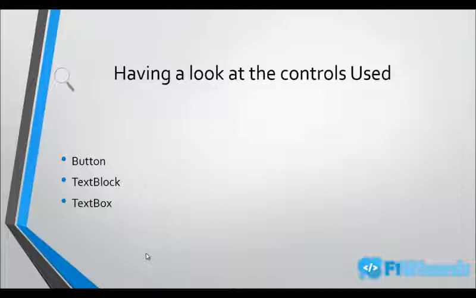For now, just keep in mind, the button control is used for clicking something. For example, if you have an application and you want button kind of controls which switch on, switch off, stuff like that, we use a button for it. Why do we use a text block? A text block is mainly used for displaying some text onto the screen. Here you cannot type some text inside your text block. On the other hand, I have not shown you what a text box is, but a text box is a control which takes the input from the user, and then that input can be used anywhere.